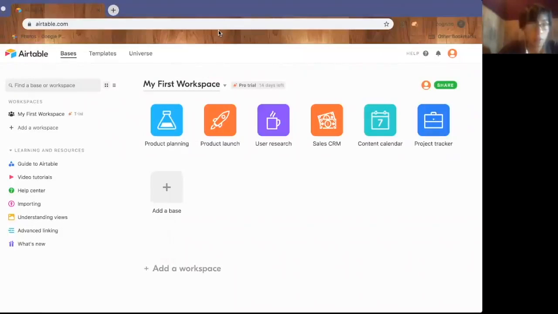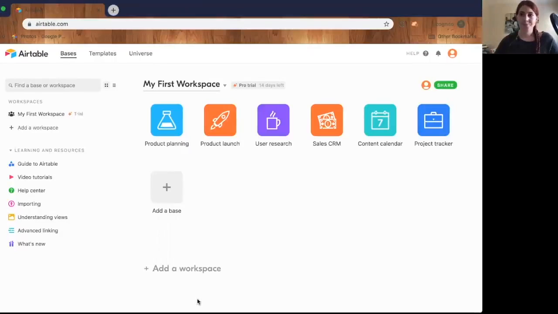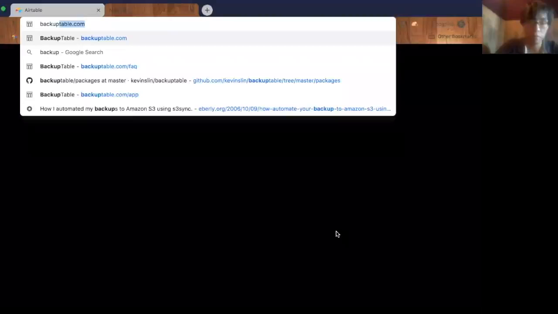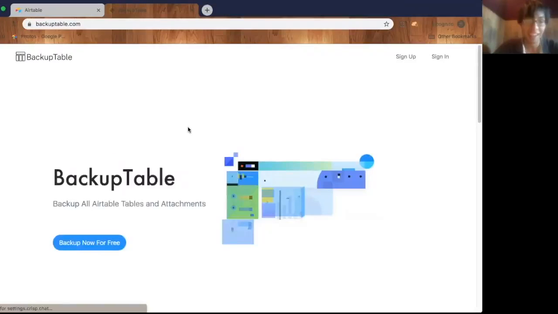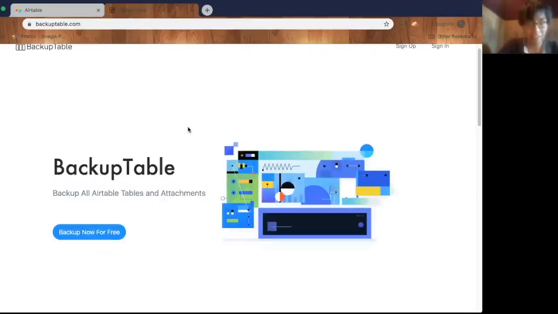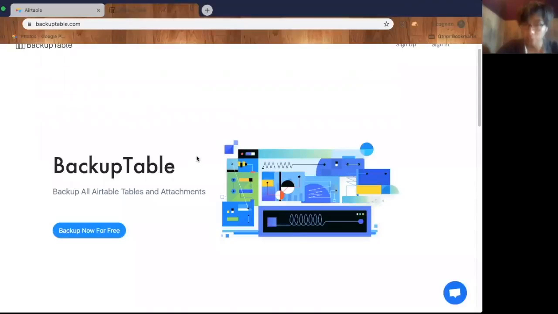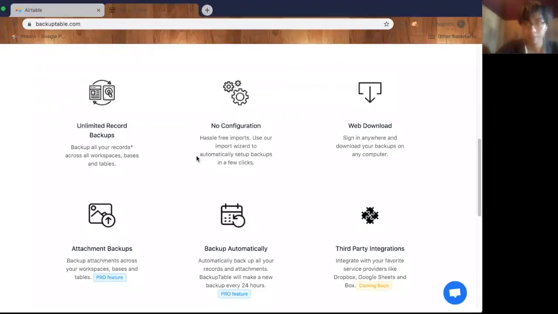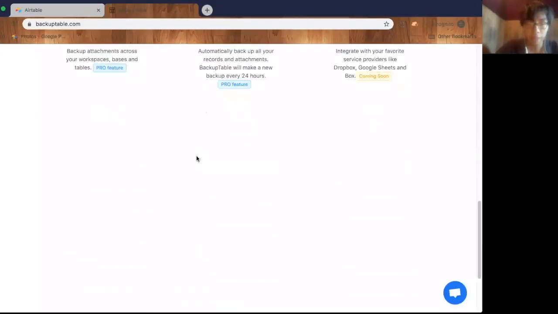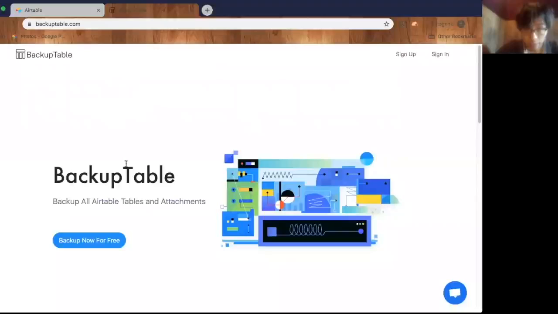Okay, so you should be able to see my screen at this point. I do. Great. So what I'm going to do, I'll just walk over the whole flow. The tool that I built is called BackupTable, because I figure it's a descriptive name for what it is. It's a single purpose thing. It backs up your Airtables and it backs up your attachments on Airtable. There's a list of features. And the way that you start,